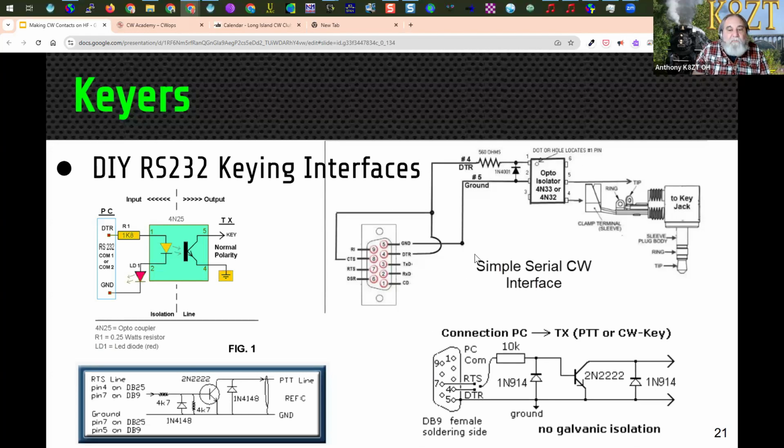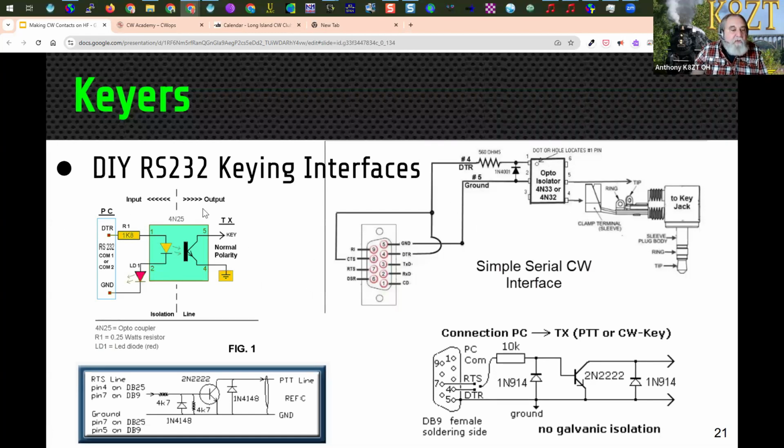This is the circuit I prefer most of the time. It's a simple circuit with an opto-isolator. It actually is a dual opto-isolator, but you don't use both of them because you don't need both of them. But that's what I had around. And you simply hook up this opto-isolator using a diode and a resistor, and then you feed the RTS and the DTR, the CTS, and the ground pins on a serial input. Now you can use a USB to serial adapter to connect to that, and then it simply sends the information out. The opto-isolator means that you won't have voltages going between the radio and the computer interface,